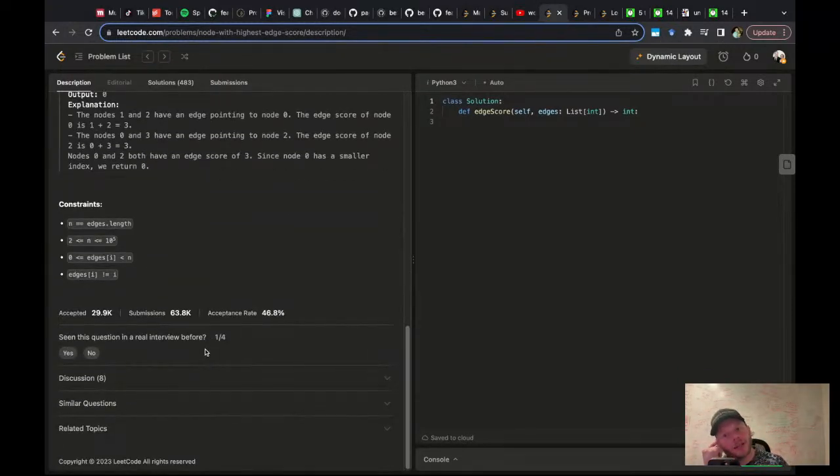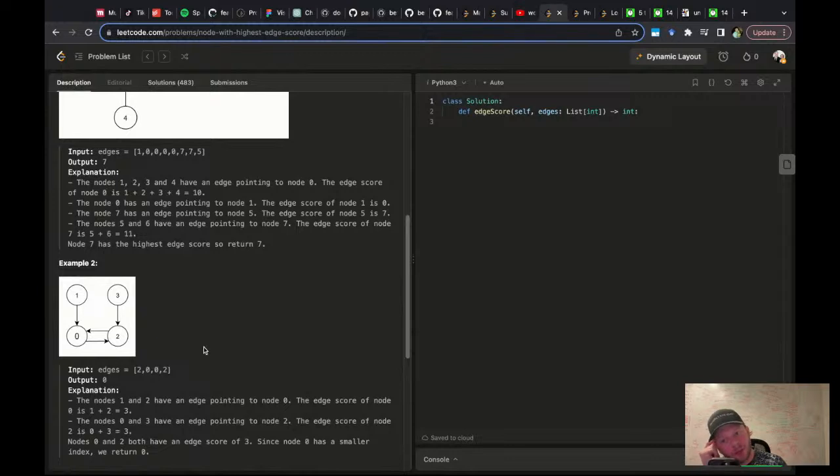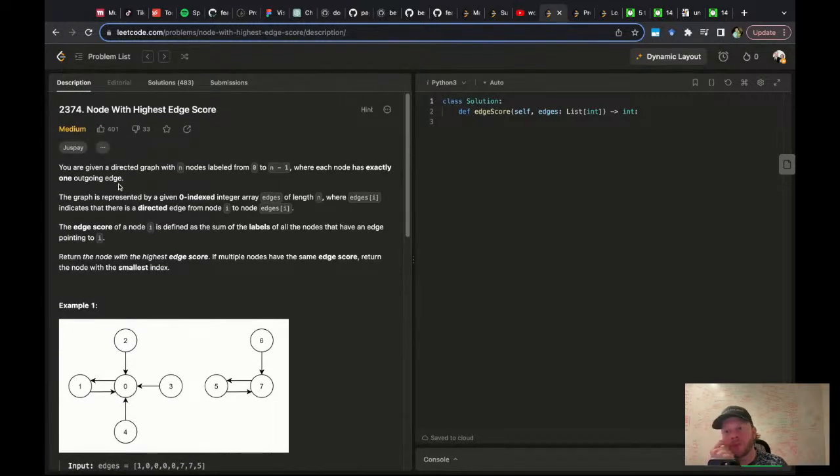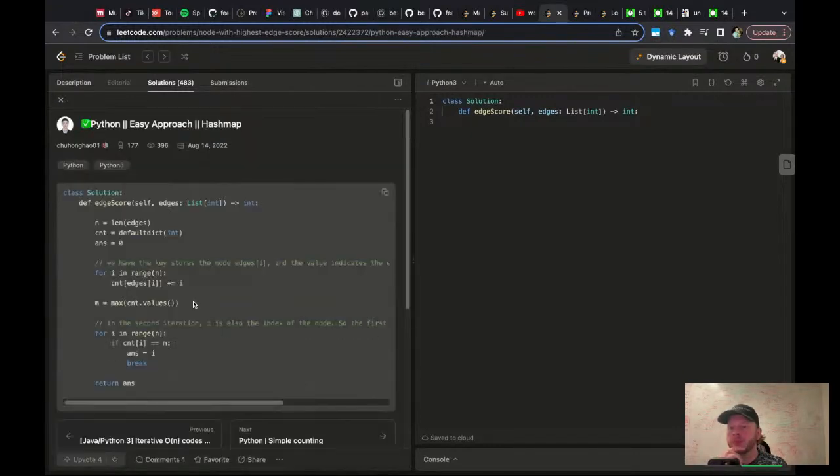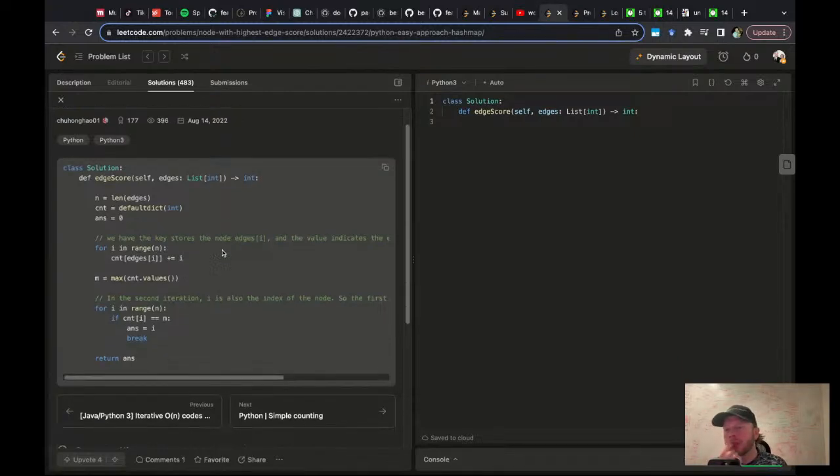Some sort of problem that has edge scores seems like good to run through. This is a two-pass.